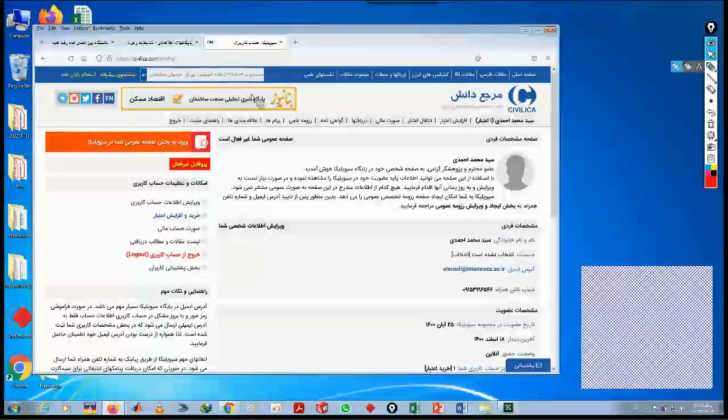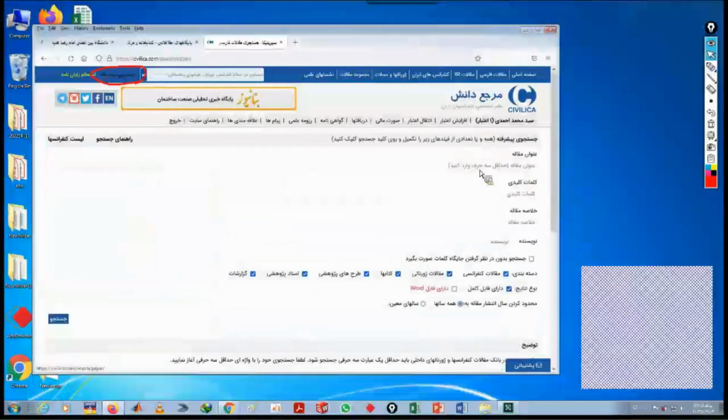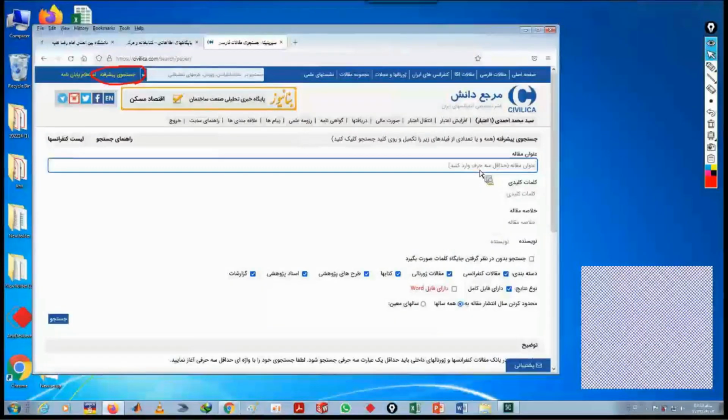Okay, now here, for example, to show you how to find your relevant papers, here we have advanced search. So I click on this button,